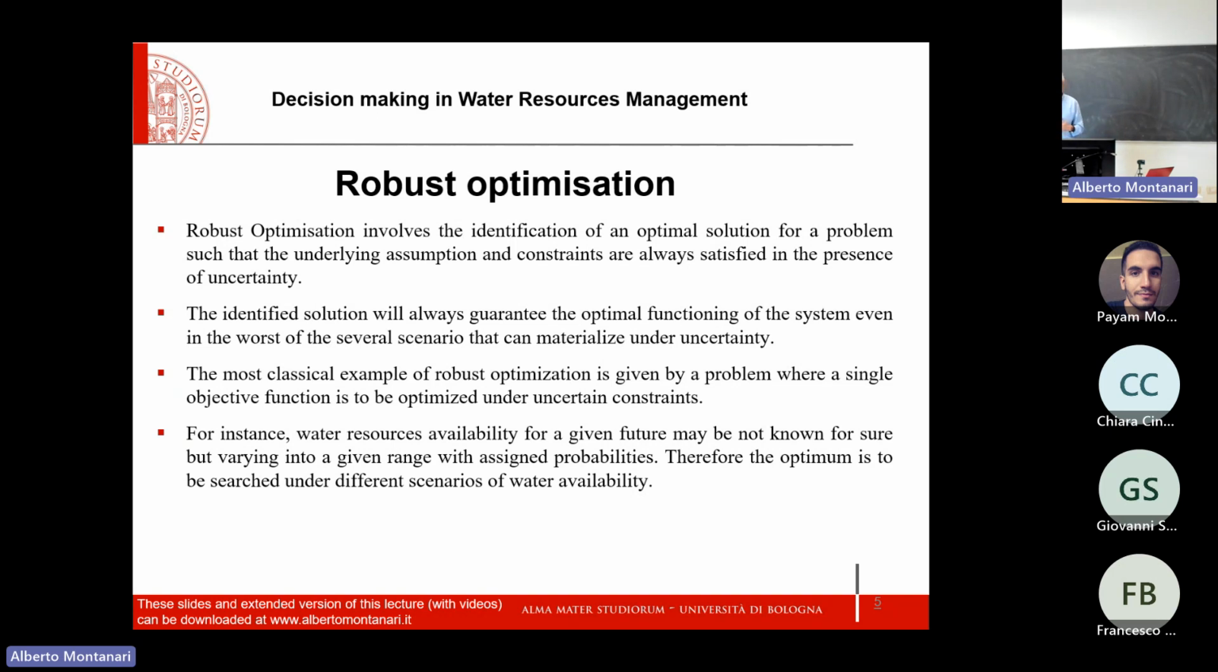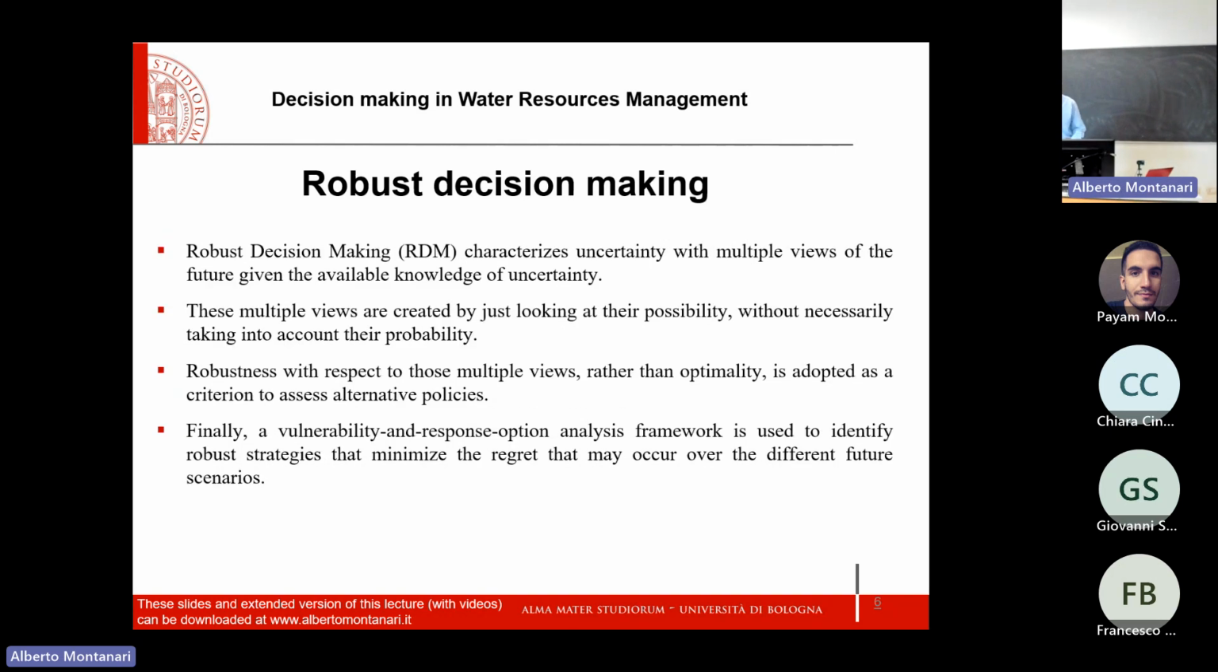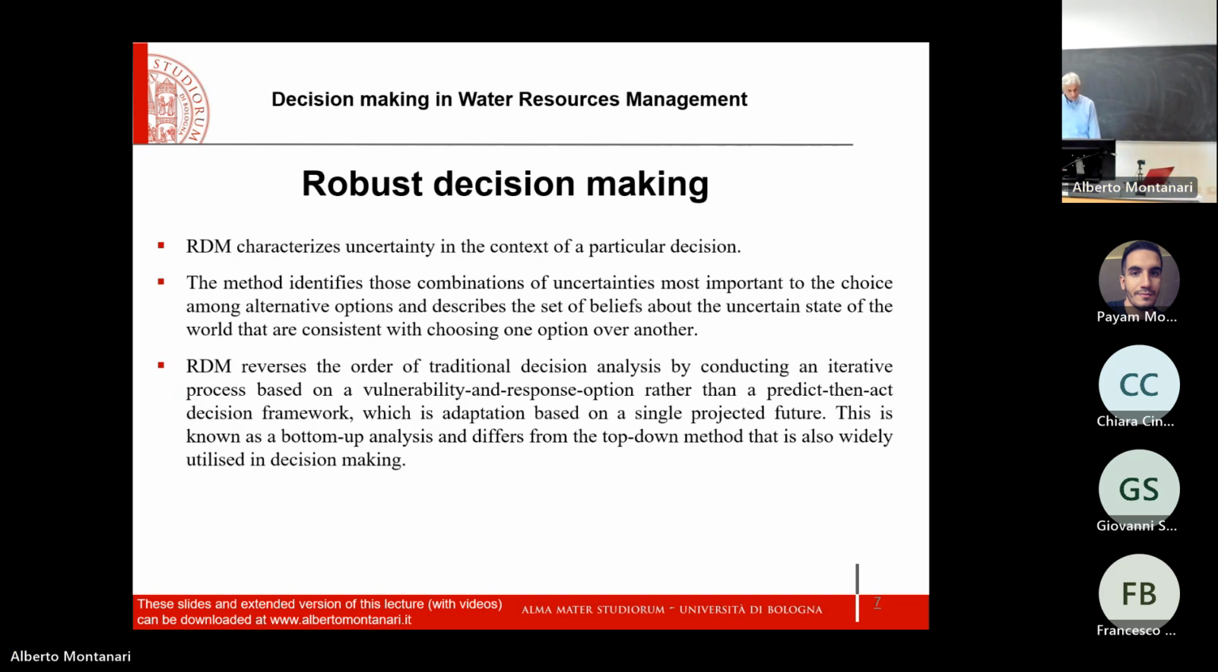We already discussed robust optimization. Robust optimization is a particular version of optimization where we look for the optimum in the presence of several scenarios for the future, and we look for the optimal solution. We discussed robust decision making. Robust decision making tends to lead to no regret decisions, and we said that robust decision making is based on